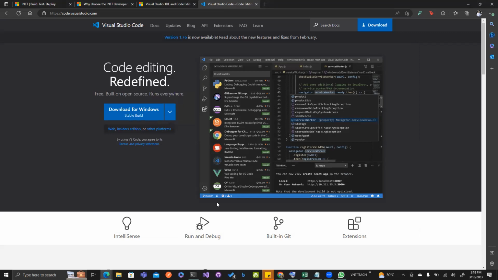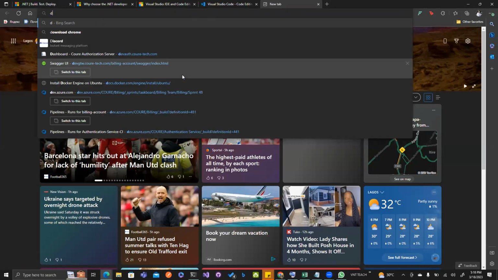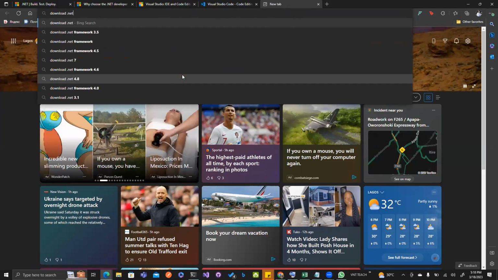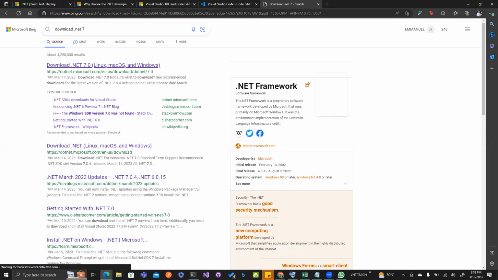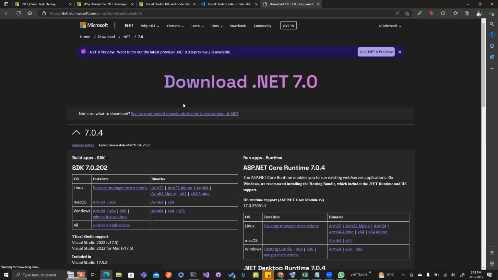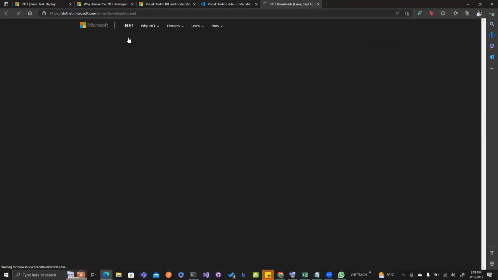That's the first thing you need to do: get your IDE or code editor installed on your PC. When you're done with that, the next thing you need to do is get the SDK, right? By SDK, I mean the .NET SDK. So I'm just going to say download .NET 7. .NET 7 is the most recent SDK available for download, and there is .NET 6, which is also in support. .NET 7 is not LTS, so I'm going to go back so that we see all of the versions first. All right, great.